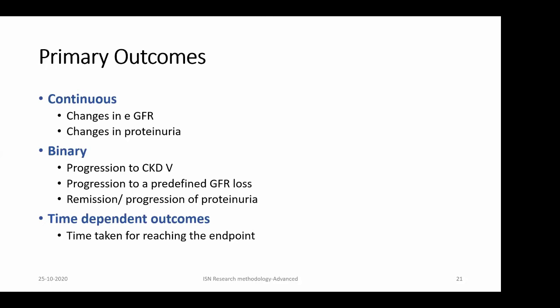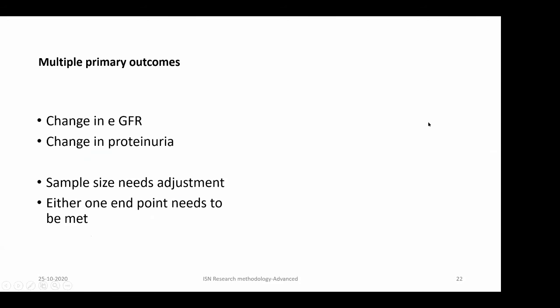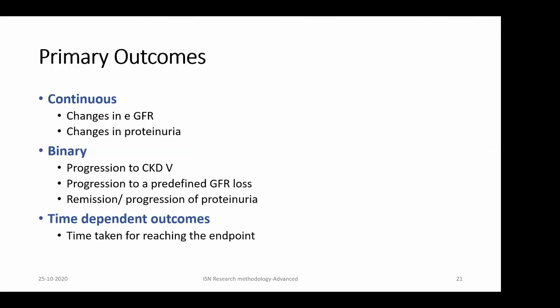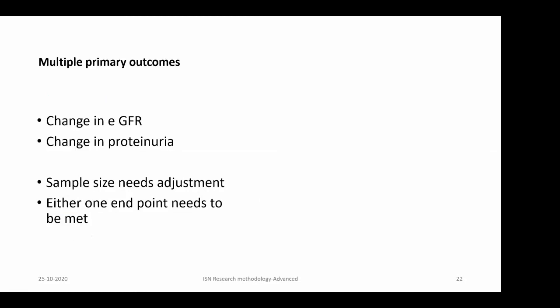The other thing is time-dependent outcomes. So here I'm not considering a time-dependent outcome because I'm doing the study for 18 months and I don't really think any major events like death or ESRD might happen, but the numbers might be very less and probably it might not be meaningful to consider a time-dependent outcome with a short duration study like this. So I'm taking this out. Now, what is left is a continuous outcome and a binary outcome. So we will look into how actually we will proceed.